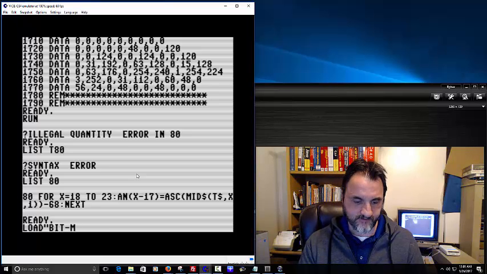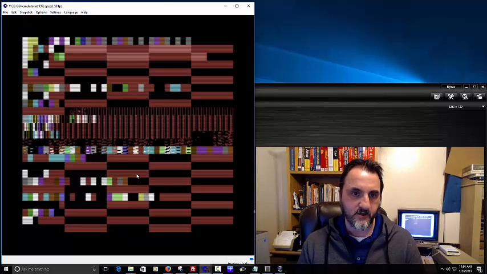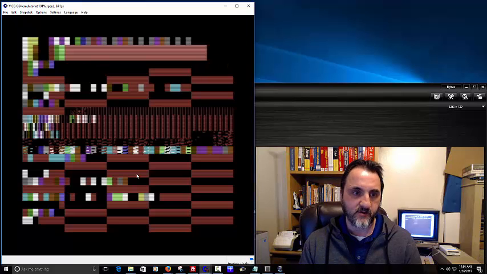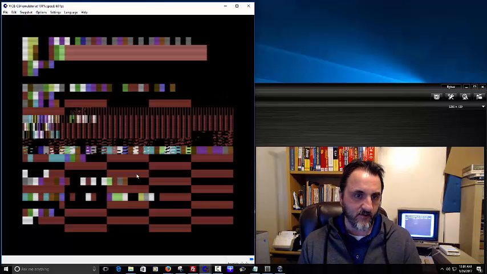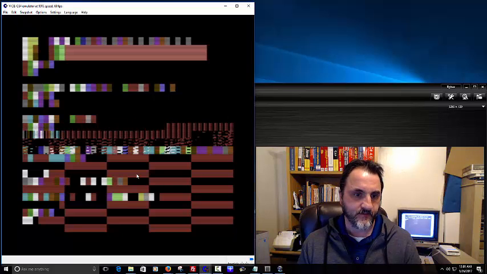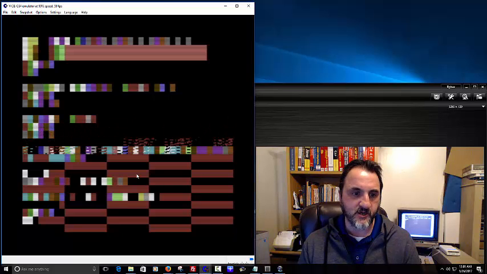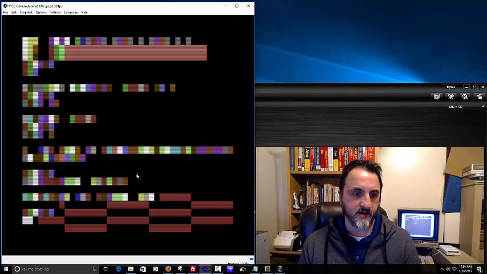This one's called Bitmap Worm. We'll be back to the bitmaps again here. I think this one's just a drawing design, like an artistic, mathematical design. So it's going to clear the screen. You'll see it's going through and clearing the low-resolution screen, versus the high-resolution screen, which is the bitmap. I never really went over bitmaps just because they consume a lot of memory, and I was never totally fascinated by the Commodore 64's bitmaps. If you have a good art program, though, it's not bad.